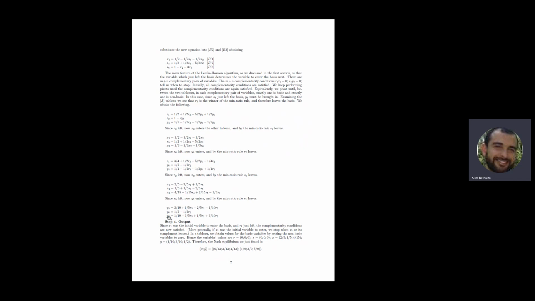Similarly, for the Y's, the corresponding value in the Nash equilibrium is equal to its value in the final Lemke-Howson tableau divided by the sum of the Y's. Which means that you can get the following Nash equilibrium, which gives you X1 equals 6/13, X2 3/13, X3 4/13. You can see that the sum is equal to 1. And Y4 is equal to 1/9, Y5 is equal to 3/9, and Y6 is equal to